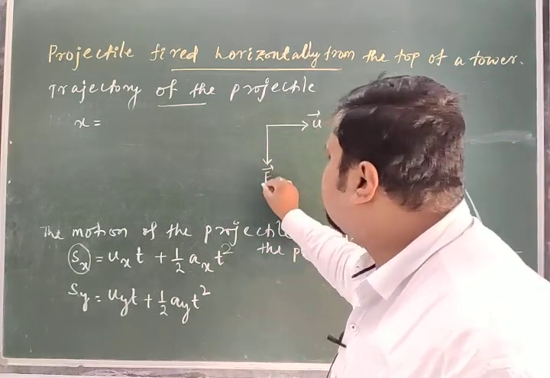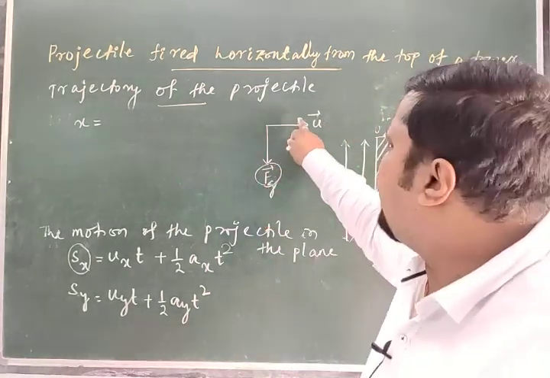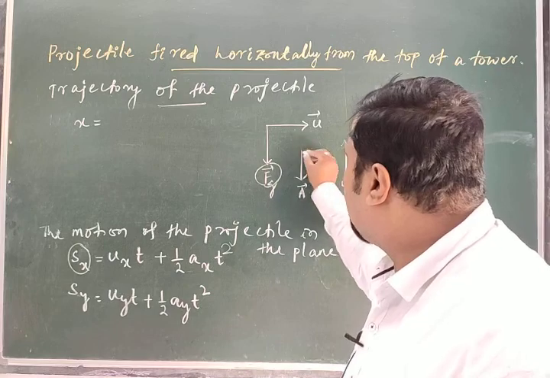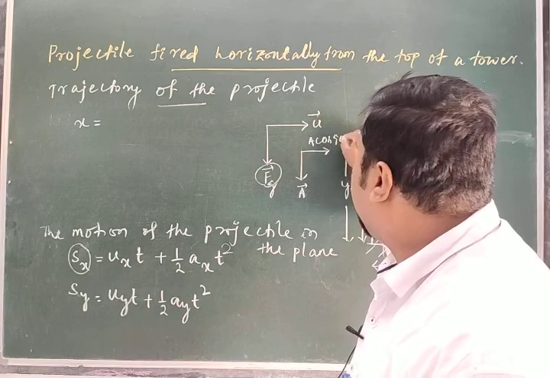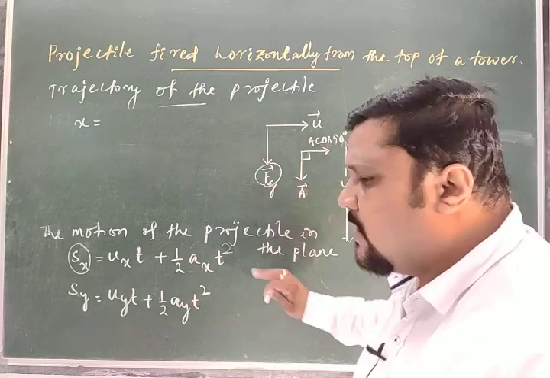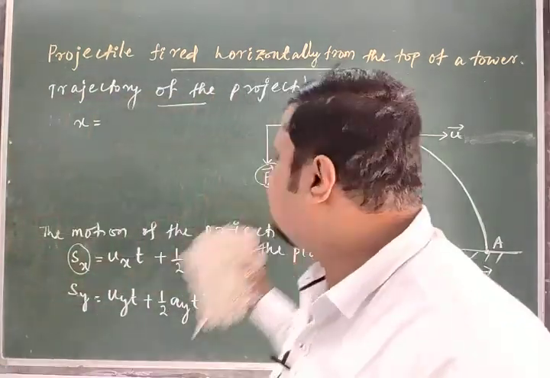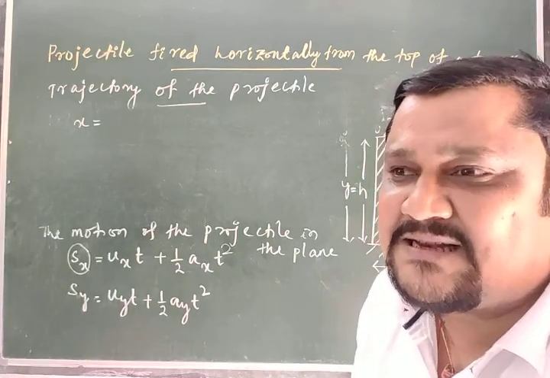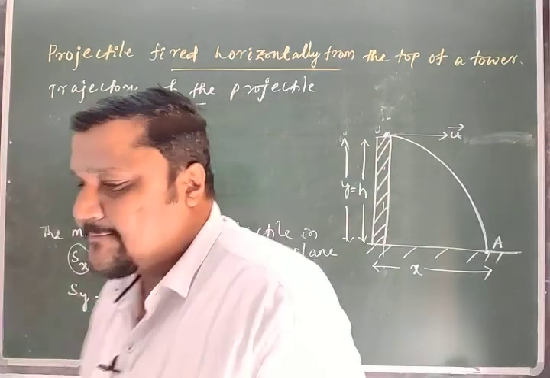If this force, the gravitational force Fg, has any component along this direction? No. If there is a vector A, what is the component of the vector along this direction? A cos 90, because it is 90. Cos 90 is 0, so it has no component. So the gravitational force has no component horizontally. So horizontally there is no acceleration. No acceleration means no change in velocity. That is the thing you have to remember, right? You have to practice these things.